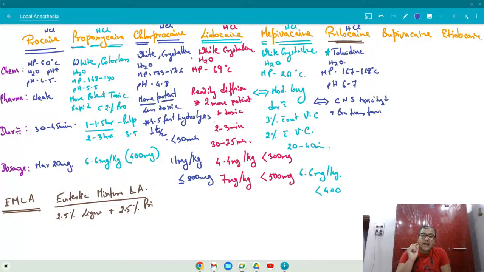Here remember that the absorption is faster as compared to lidocaine. So it has a faster absorption from the site of injection. Now here remember two things. Okay, one thing I'll talk about, that is